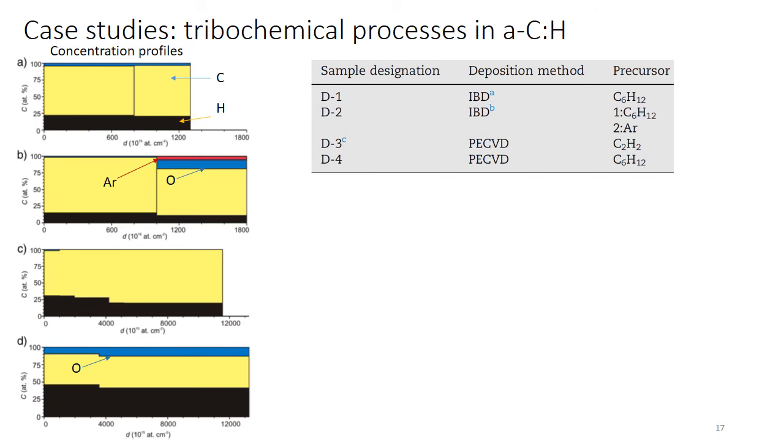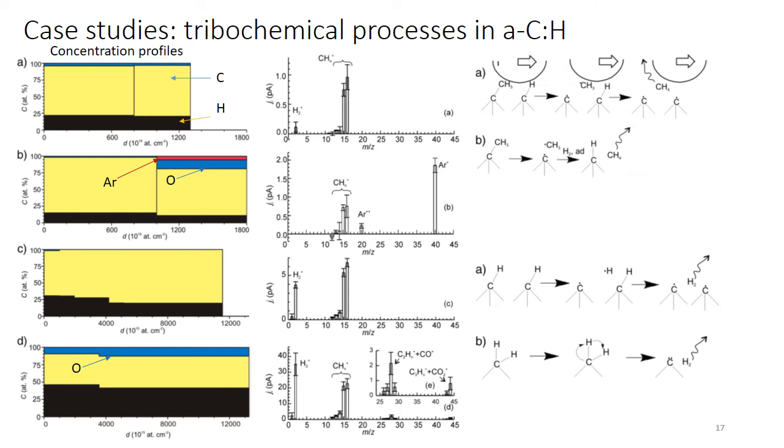All of them are amorphous carbon coatings with quite high hydrogen content, between approximately 15 and 44%. These coatings were obtained by IBD and PCVD processes using different precursors and using argon gas in some cases. And here you can see the triboemission spectra